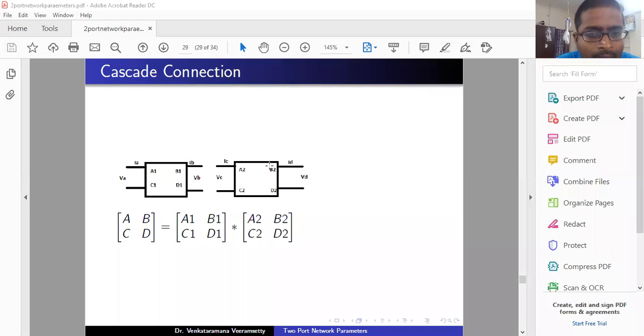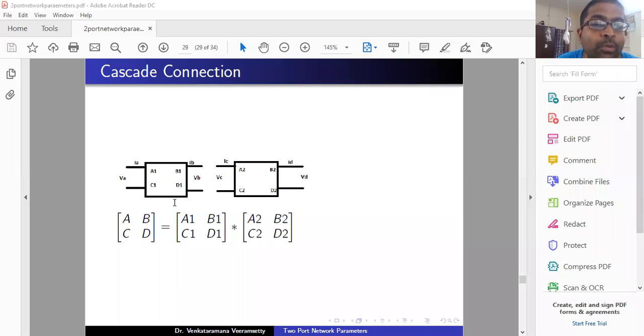Similarly, I have another two-port network having the input voltage VC and input current IC, and output voltage VD and output current ID. And this two-port network has the parameters A2, B2, C2 and D2, right? That means for this two-port network I have the ABCD parameters, and for this two-port network I have the ABCD parameters. Now if I am connecting these two-port networks in a cascading manner, then what will be the new ABCD parameters of the